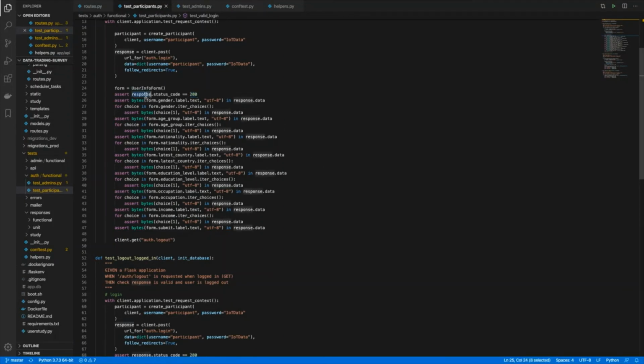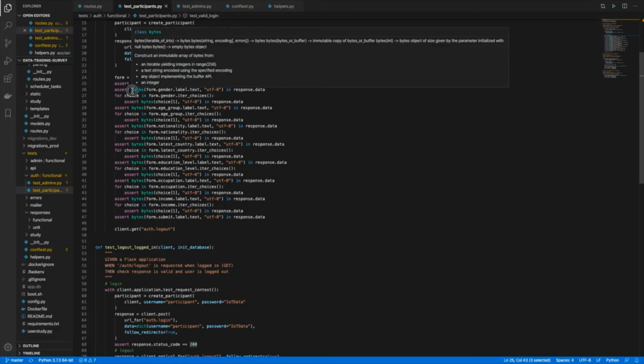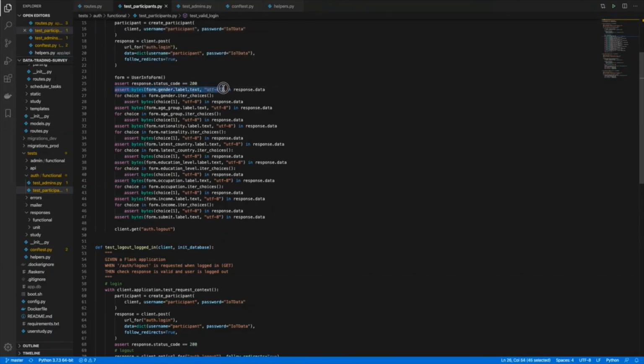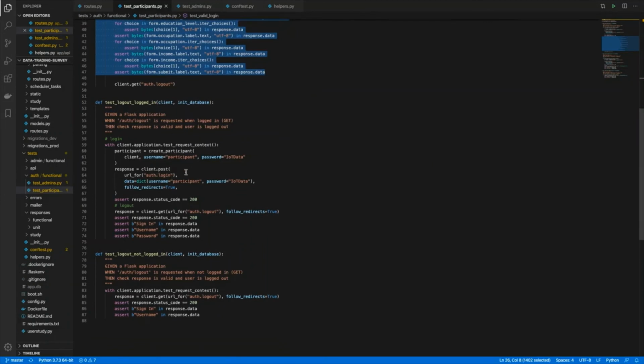So we're checking that the response status code is 200, so 200 OK, and in this assert statement, we're checking that the user information form is displaying the correct label for the gender field, and this is carried over across all of the elements in that form.